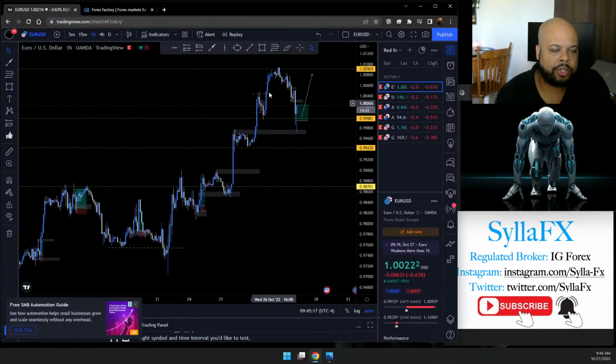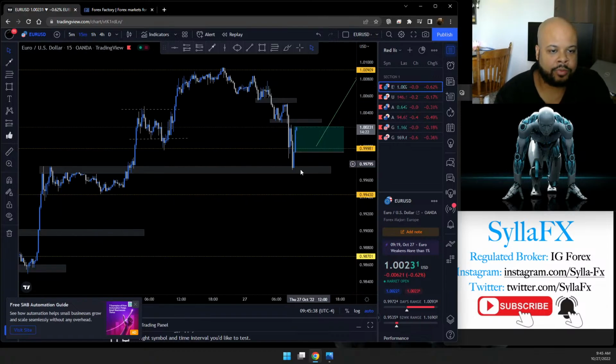Back on the hour chart, we see price come down to the support level, go beyond it a little bit, and reject it perfectly. We were looking at this high that was previously broken, to see if price made it past this major support level. And it did, came right into it and rejected it. So as soon as I saw this rejection, I knew price wants to move up, and